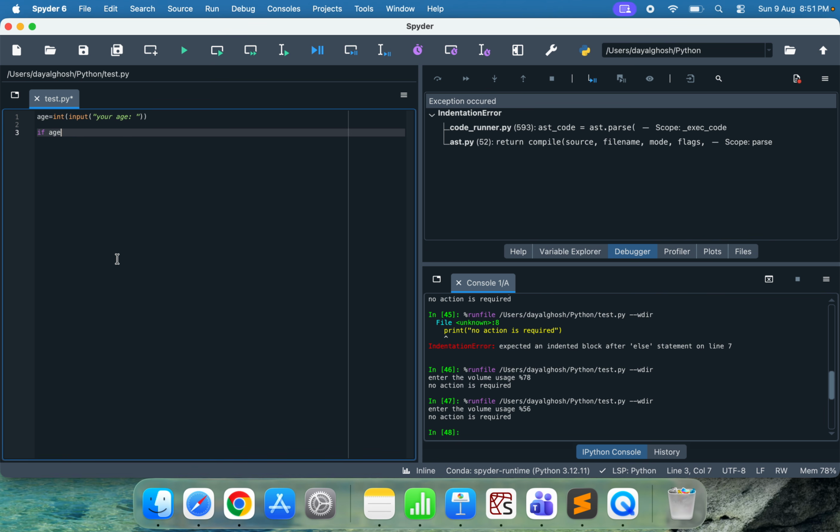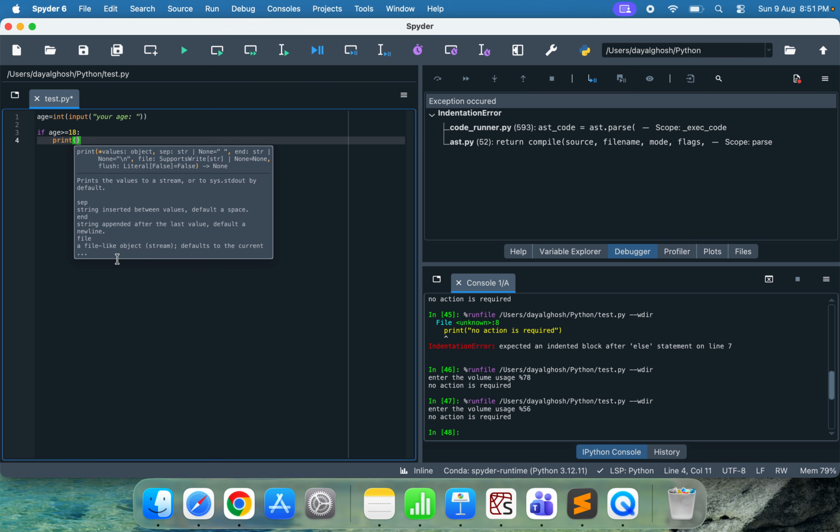Age greater than or equal to 18. You can vote, right? You can vote or do something. Print vote. Okay,